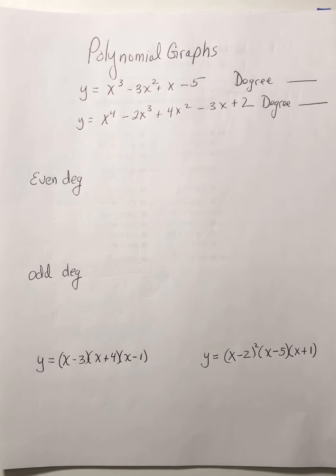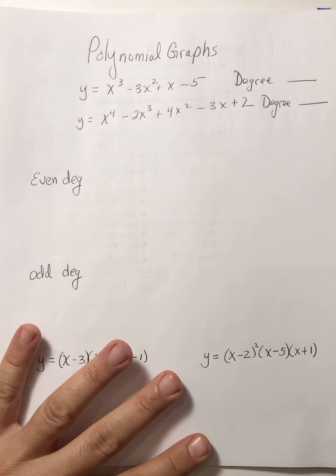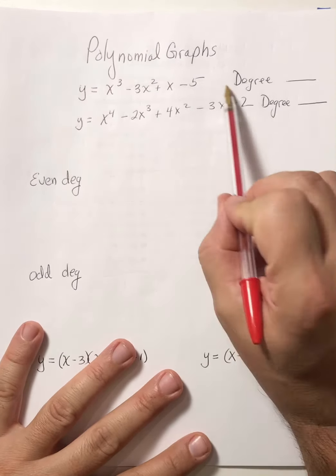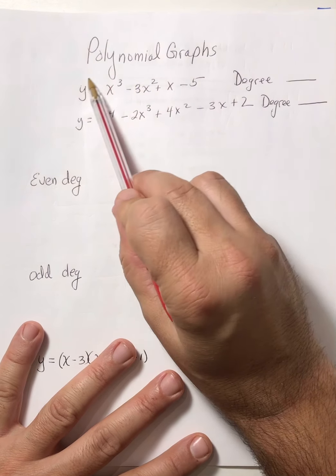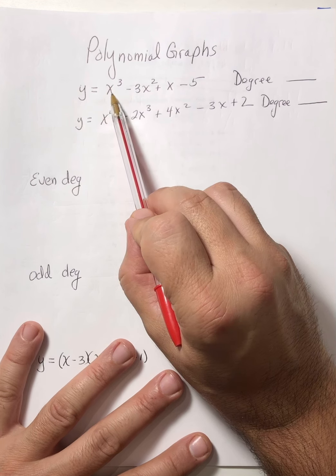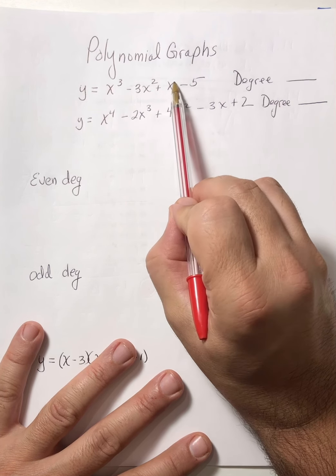Okay, Algebra 2 fans, today we're going to start talking about polynomial graphs and what they mean and how they look. So the first thing that we want to look at is, let's talk about the degree of the equation. That's right. This polynomial graph right here, notice all the exponents are in descending order, 3, 2, 1, then